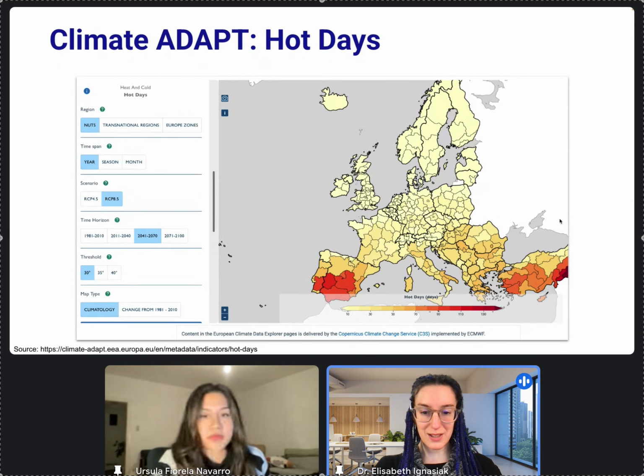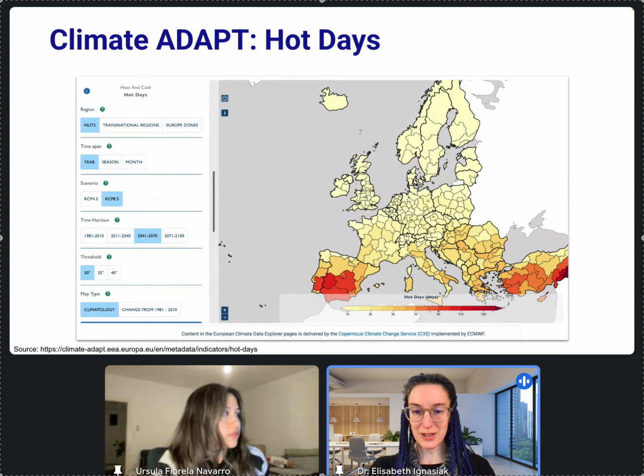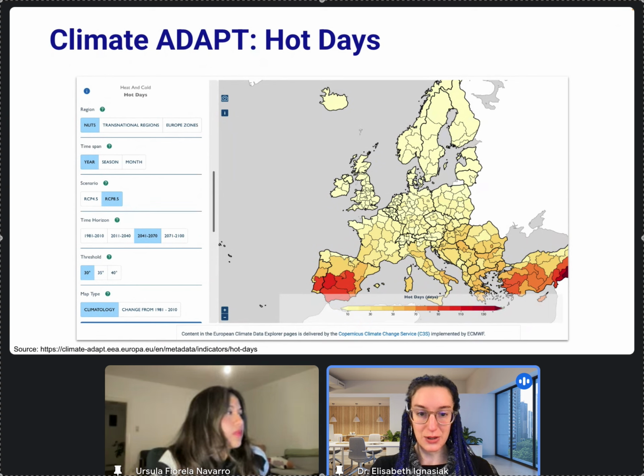Yeah, and what does that look like in practice? There are also a lot of databases that you can use to assess your risk, to assess your sites, whether there is a climate risk. And we thought maybe it's instructive to actually see what that can look like. So what I did is I went to the Climate-ADAPT database and I just looked at one of the possible hazards, in this case hot days, and you can see that there are different geographies where we can see whether there are fewer or more hot days,